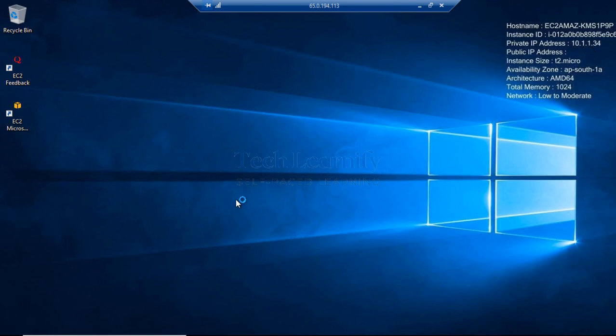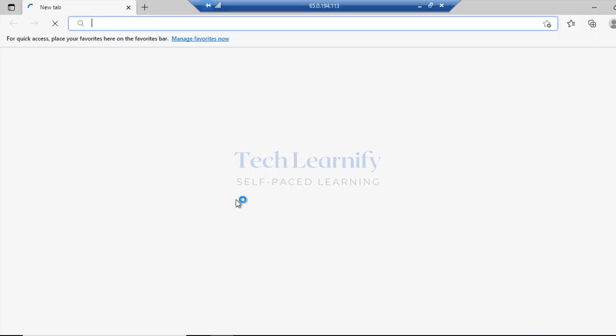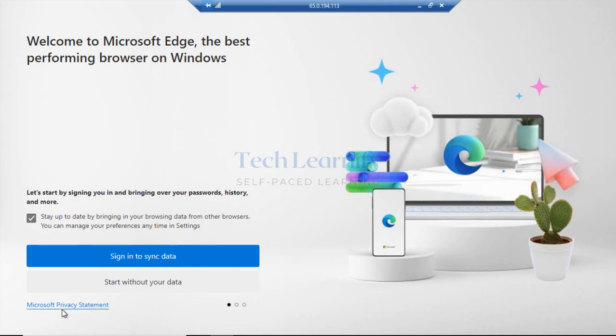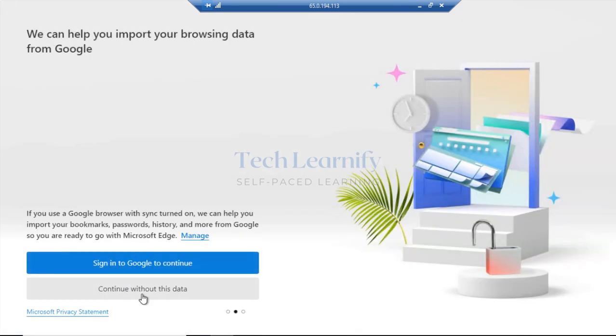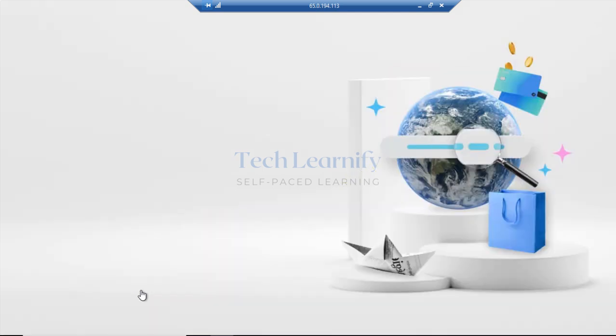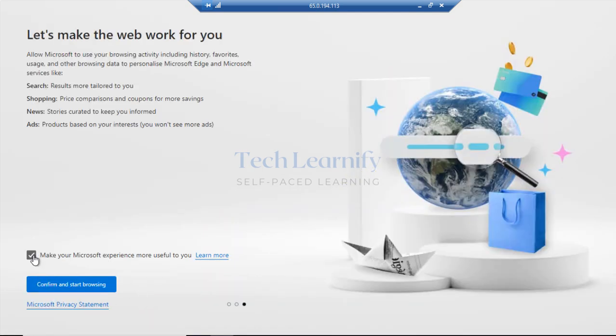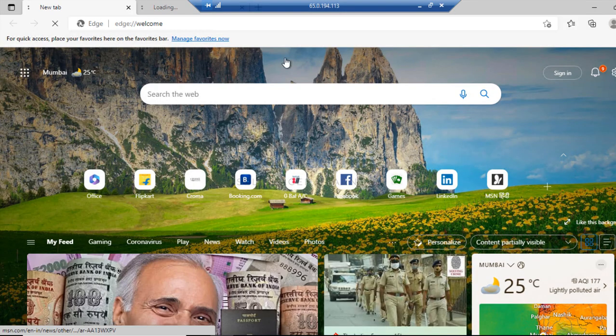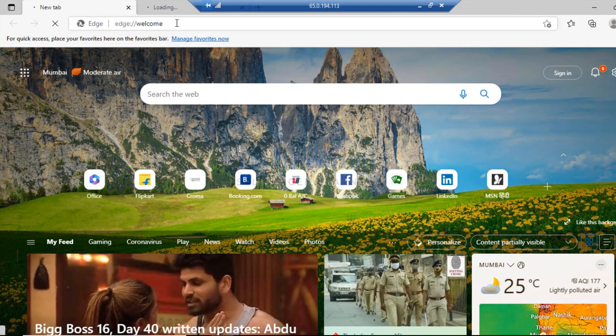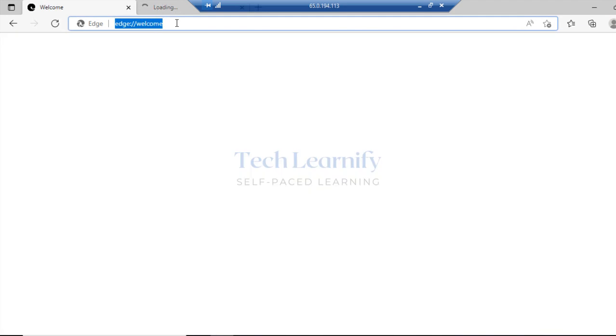Can we also test internet connectivity from here? We can see that log on the Palo Alto firewall. Yes, so I'm going to access a website, any website. Wait here, it's taking time. So start without any data, continue without this data. So at least now we have Microsoft Edge in the Windows 2022 server. It's good. So here I'm going to